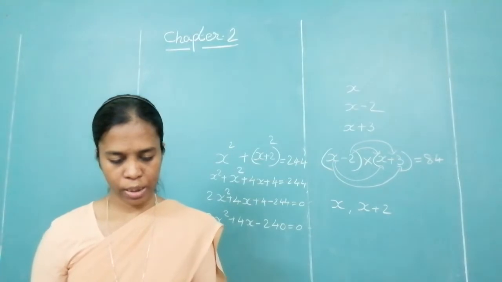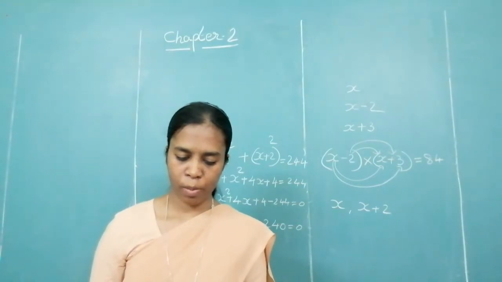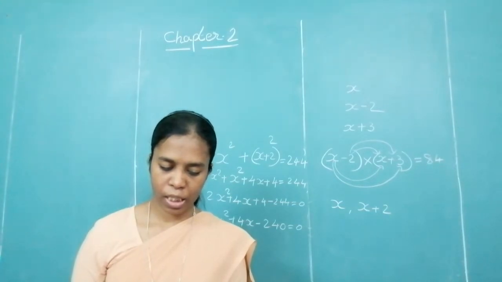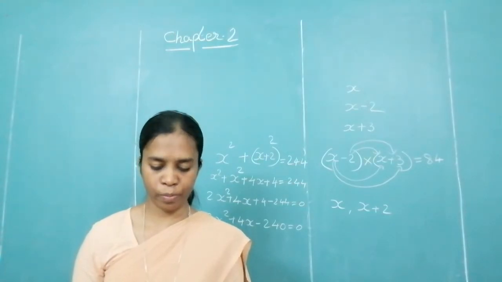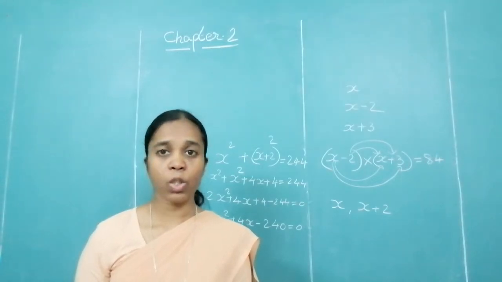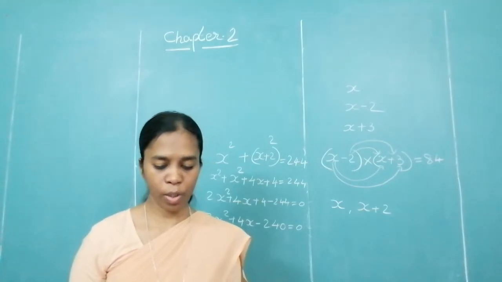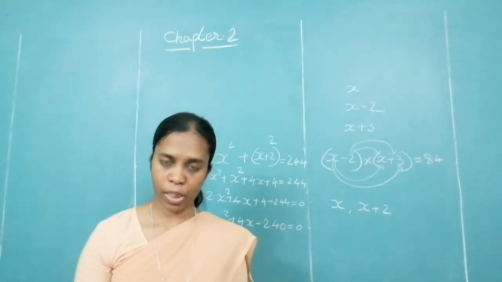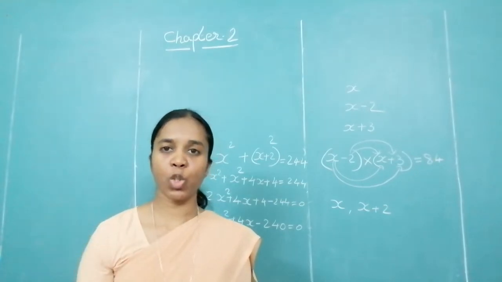Okay. Question number 3. In the orange garden of Mr. Madhusudan, there are 150 orange trees. The number of trees in each row is 5 more than that in each column. Find the number of trees in each row and each column with the help of the flowchart. So what are you supposed to find out? Find the number of trees in each row as well as in each column. So what shall we consider as x? For that they have given you one hint just above the statement. The number of trees in each row is 5 more than each column.